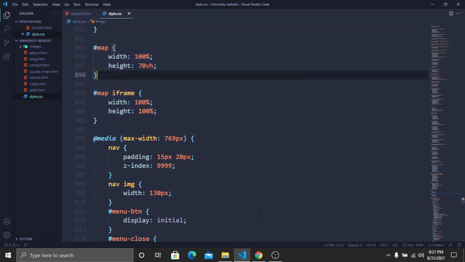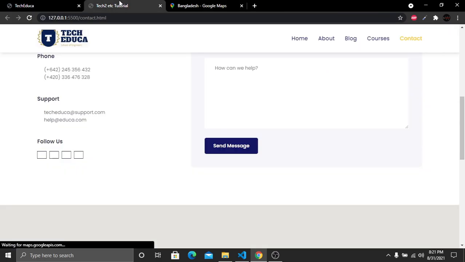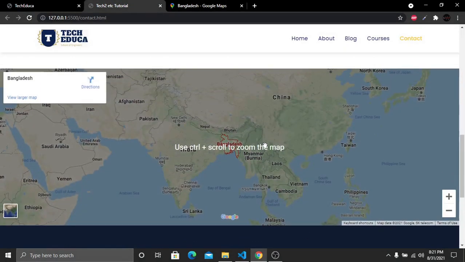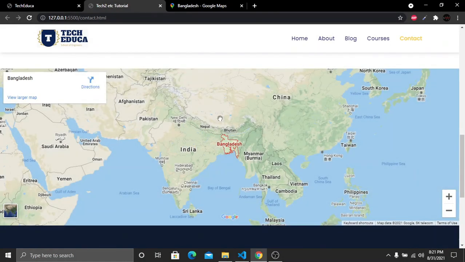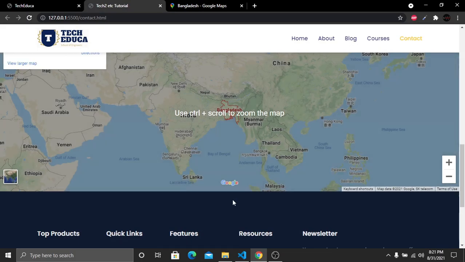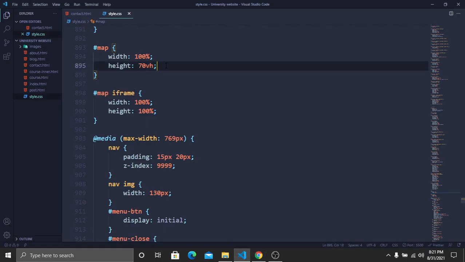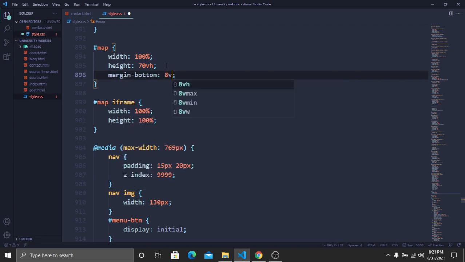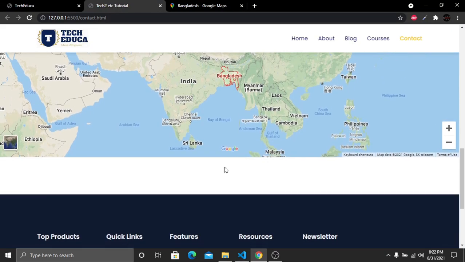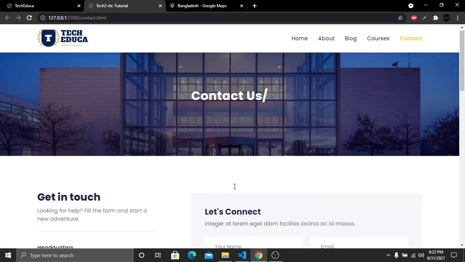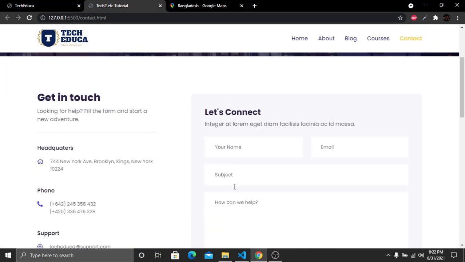Now save and go to our website. And guys, here you can see that we have a map here, and this map is looking so beautiful. After this, I want some space from the bottom of this map. So here we have to add margin bottom, and it will be 8 vw. Now save and go to our website, and now you can see that we have the space underneath this map. So here you can see that we have created our contact us page using HTML and CSS,